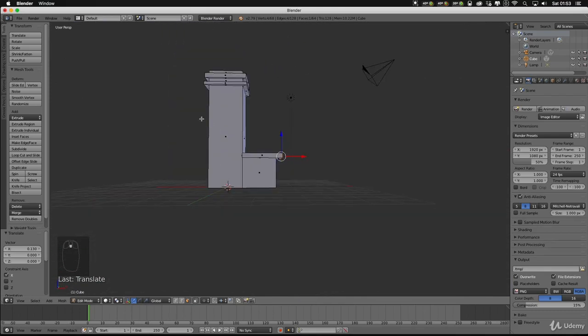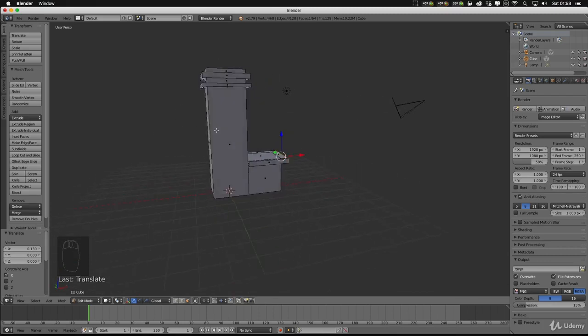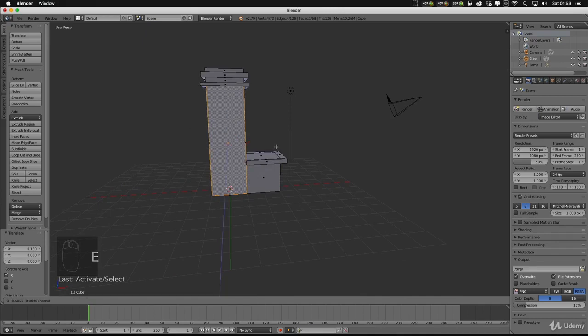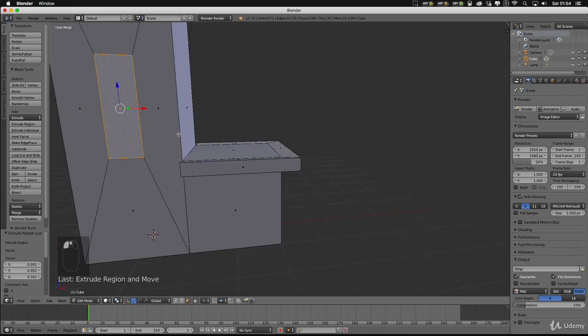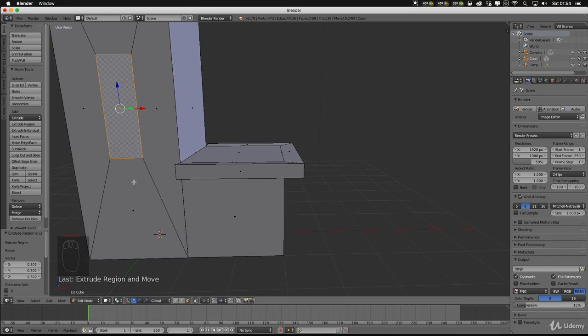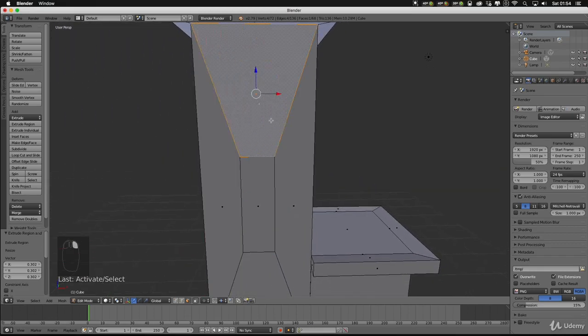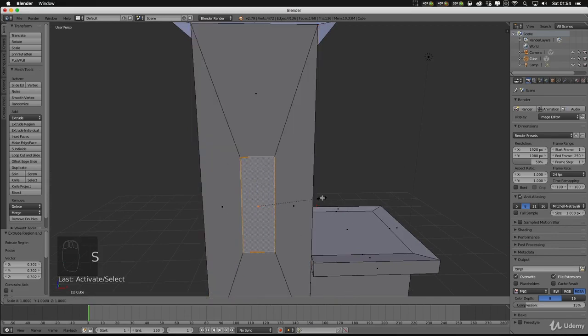now we're going to add in some windows on this. So we're going to do this a couple of ways. So I just want one window on this side, so I'm just going to select this face, and I'm going to extrude this face. So I'm going to press E to extrude, and then I'm going to scale it. So you can see now that it's created an extra face and it's split up this geometry. So now we've got a square face and we've got these other triangular ones. So with just this square one selected, I'm just going to scale that down a bit more.